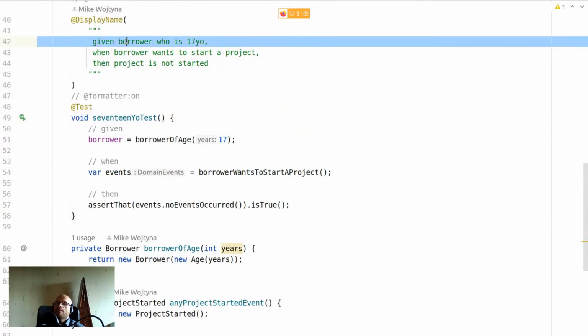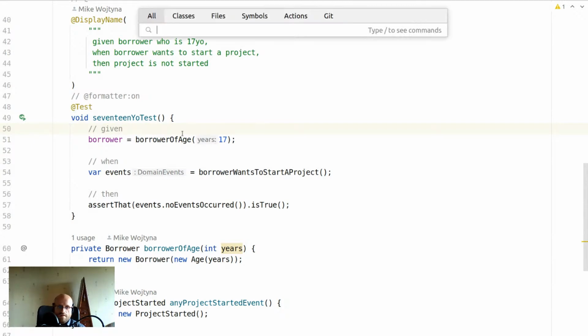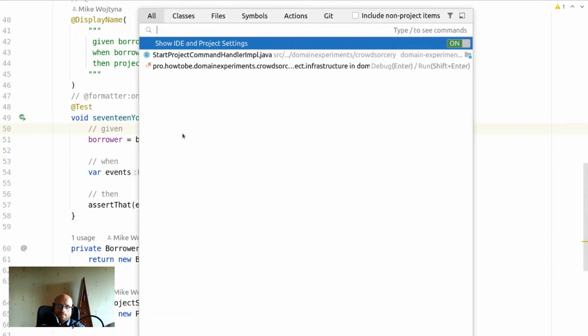Given borrower who is 17 years old, when borrower wants to start a project, then project is not started. Yeah, and it is by adding more and more examples that our production code starts branching, starts supporting more edge cases. And when we add more and more concrete examples, our production code would start becoming more and more generic. Yeah. So what we have here,